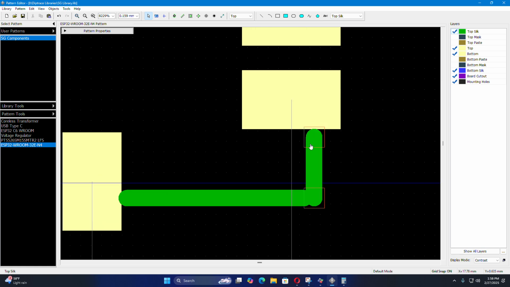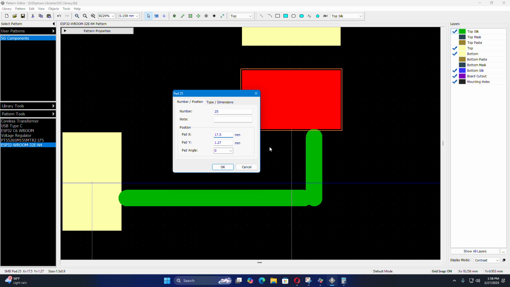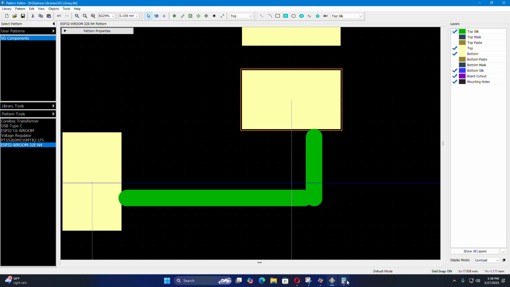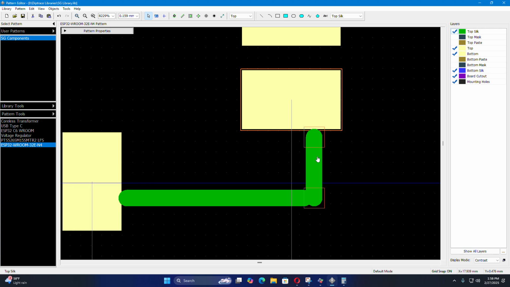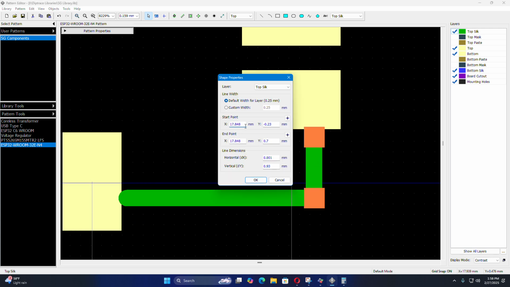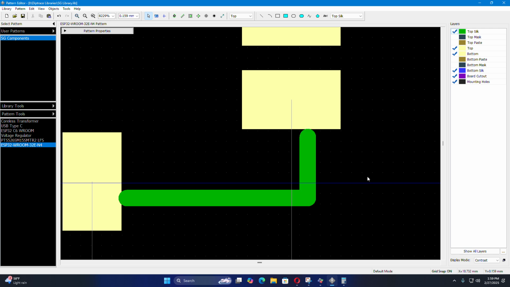So the midpoint of this pad is 17.5 plus 0.25, 17.75. 17.75, right? It is here,